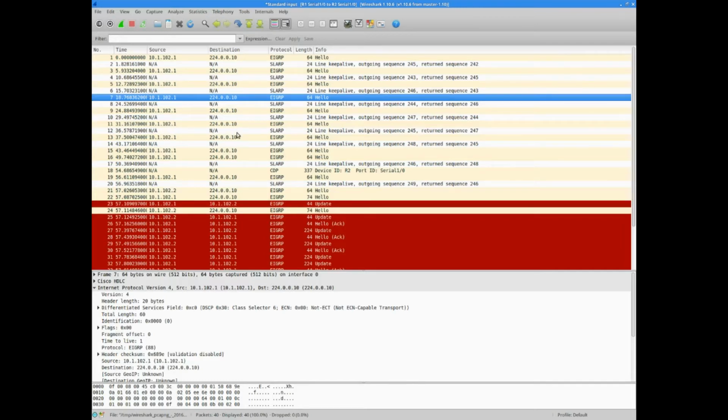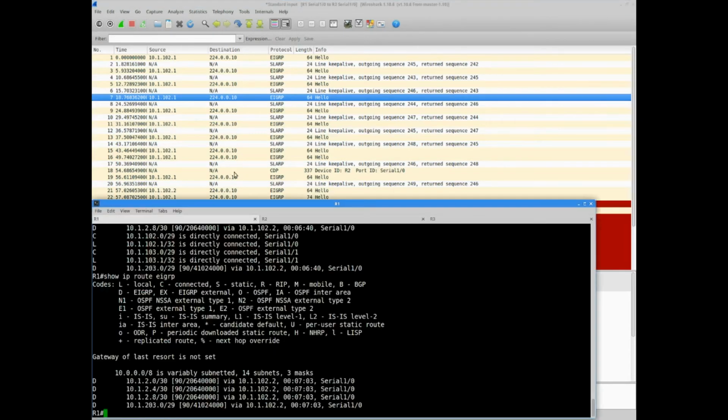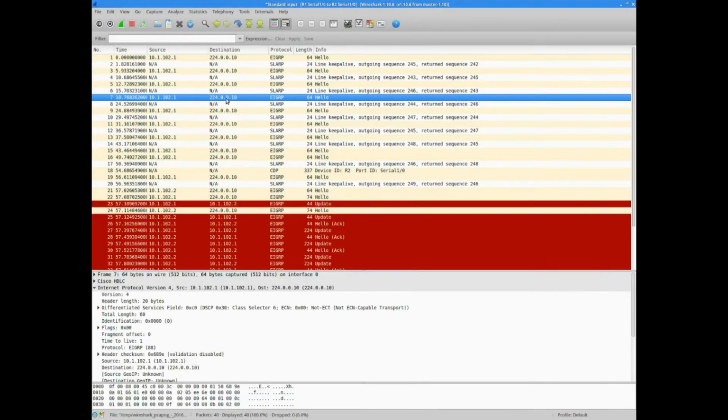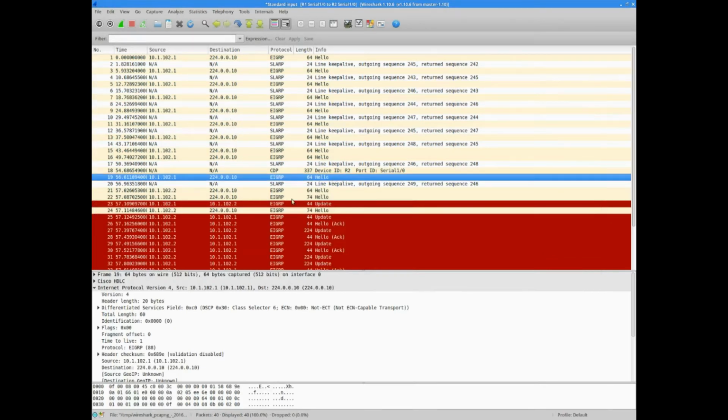So we have those hello messages going out between the two routers, and once they see each other, that brings about the adjacency. And then following the adjacency, the exchange of updates and acknowledgement of those updates with specific hello messages. Those updates, unlike the hello messages, are unicast. The hello messages are going to the destination of 224.0.0.10,